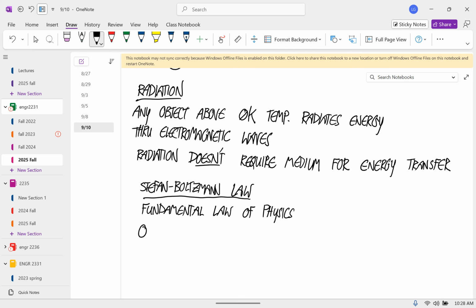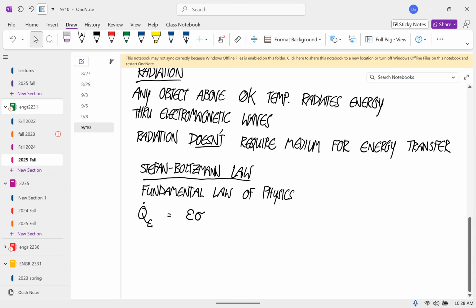And it says that Q sub E dot, the heat that's emitted by a body, so what we're talking about here is the emitted energy coming from any object above 0 Kelvin, is equal to the Greek letter epsilon times the Greek letter sigma. These are constants that I'll tell you in a second. Times the surface area of the object, times the Kelvin temperature to the 4th power,